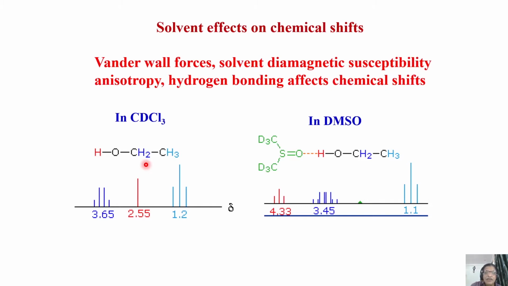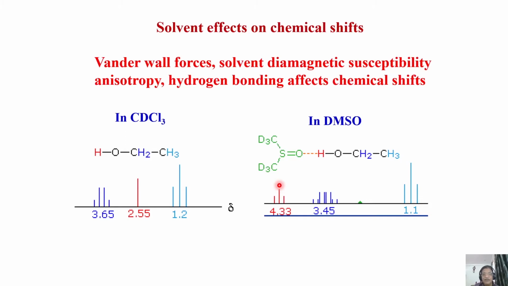What happens if we take the same molecule in a different solvent, that is DMSO? See, what is happening is this SO group of DMSO starts forming a hydrogen bond with the OH group. Okay, it is intermolecular between two different molecules. The SO group of DMSO and the OH of this starts forming a sort of hydrogen bond. And as a consequence, you will see a different type of thing. What is happening here? Remember, for this and this, the spectrum is the same, but you will see an additional effect.